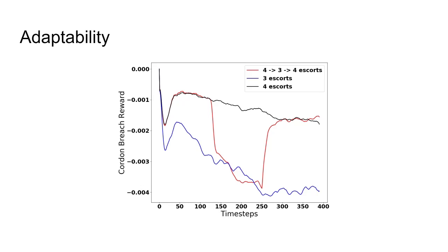To see this result quantitatively, we plot the cordon breach reward, or a measure of the amount of cordon breaching that happens during the episode, on the y-axis. We plot the reward throughout the episode's lifetime, which is 400 time steps along the x-axis. The black line shows episodes where there are 4 escorts all the way through, and the blue line shows episodes where there are 3 escorts all the way through. The red line reflects the type of episode shown in the video, where the dip in performance coincides with losing